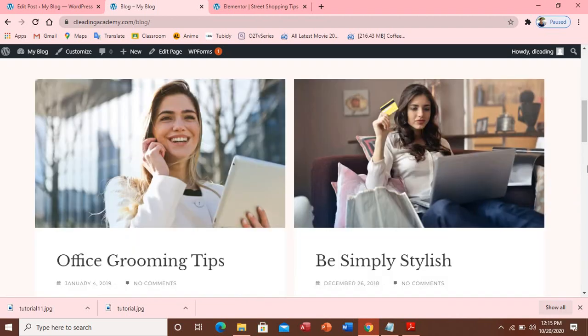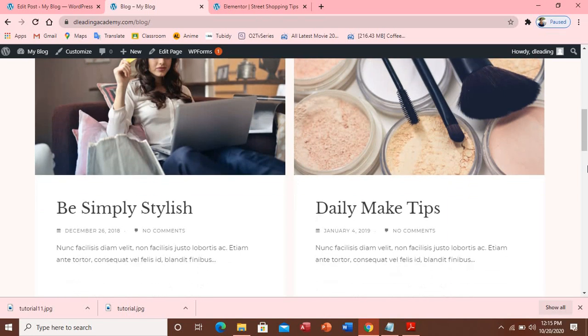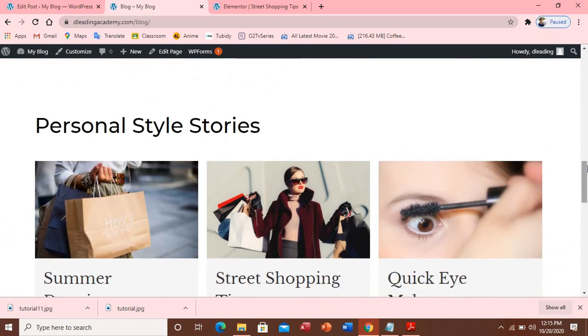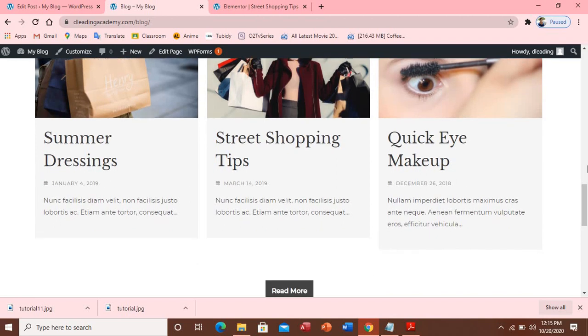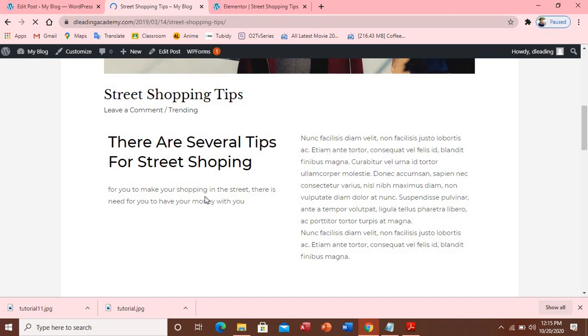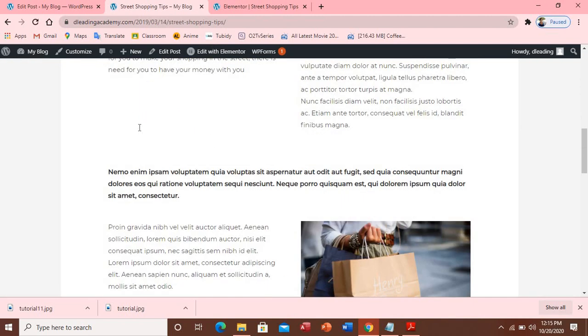Now you can see Office Room tips, so it's changed already, so you can go along with anything you want. It's easy to change anything. Street shop, you can see. If you click on it now, you see that the article is changed. Let me click on it and let's see how it goes. Remember what I said, there are several tips for street shopping. This is just how to edit your